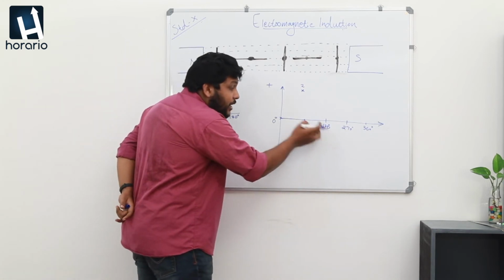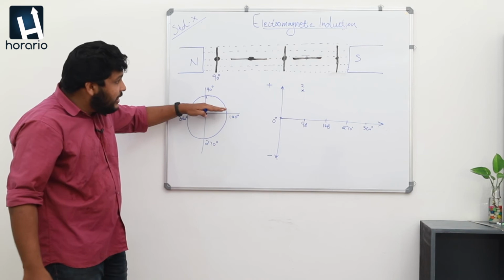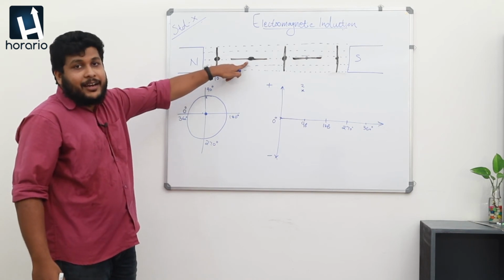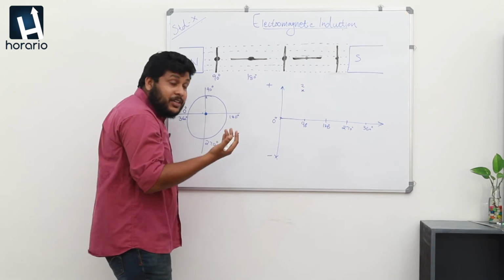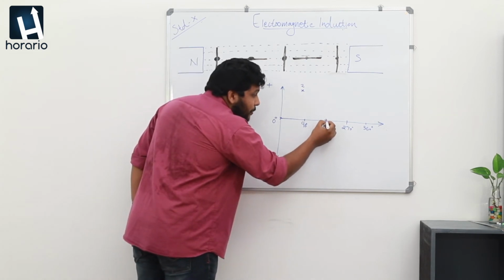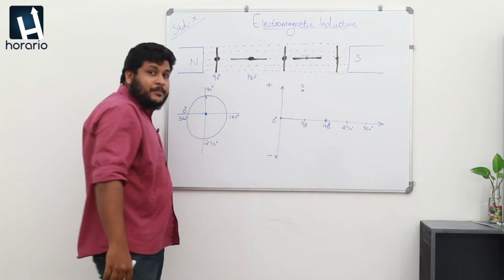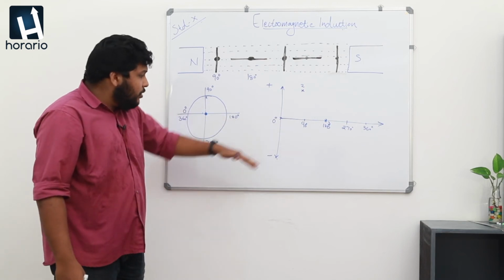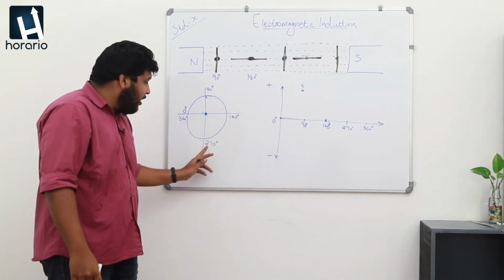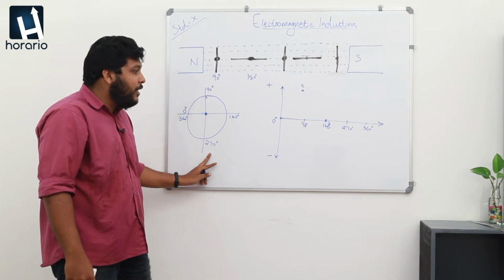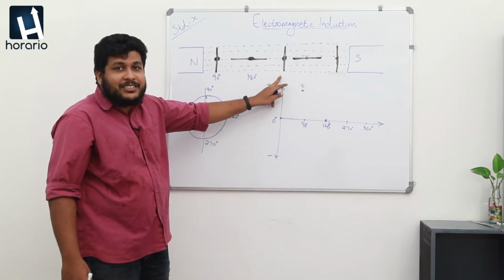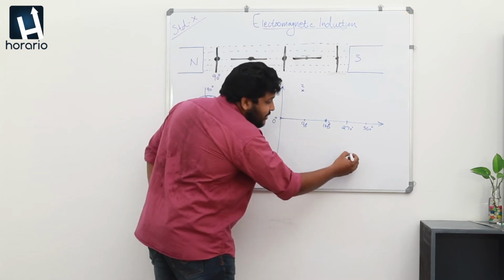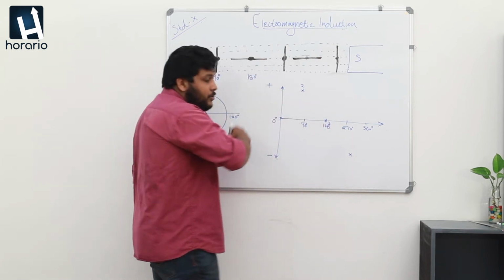What happens at 180 degree? Again at 180 degree, it is in the parallel direction, so the production of current is very small. So point number 3 is here. Then it moves on, and going forward at 270 degree, what happens? Again at 270 degree, we get maximum flux linkage and the maximum amount of current is possible.